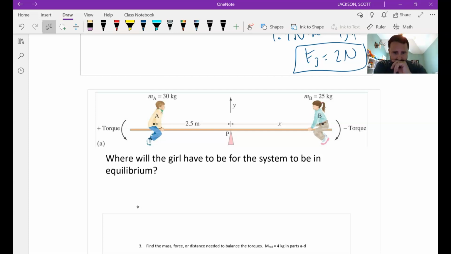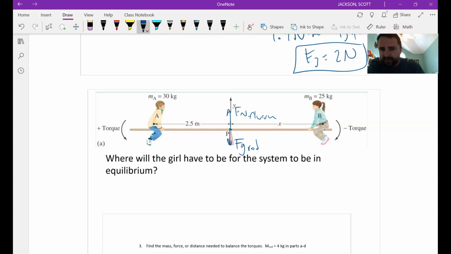So what forces, excuse me, are acting on the rod? Well, I have force of gravity, okay, of the rod. Then I have the force normal of the, what is that? Fulcrum pushing up. Okay. I have a normal force. These are kind of weird that